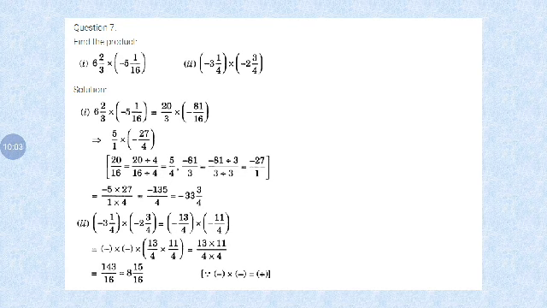Next one. So you already know that plus into plus is plus, plus into minus is minus, minus into plus is minus, minus into minus is plus. So minus into minus, we get a value of plus. 13 by 4 into 11 by 4. 13 11s are 143. 4 4s are 16. The improper fraction is converted into a mixed fraction. We get a value 8 15 by 16.